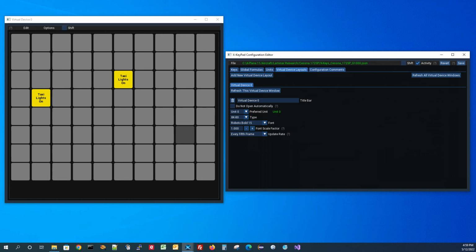So that's kind of an overview of how you go through and basically use the DataRef tool. What's the difference between hardware devices and virtual devices? How to use commands, how to use DataRefs, how to define a basic key. And again, this is all a very basic introductory tutorial. The other tutorials will take you into much greater depth with a lot of examples showing how to do pretty